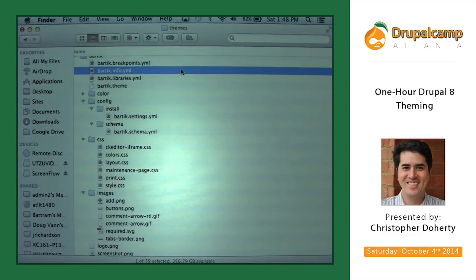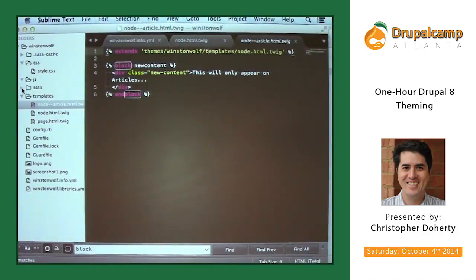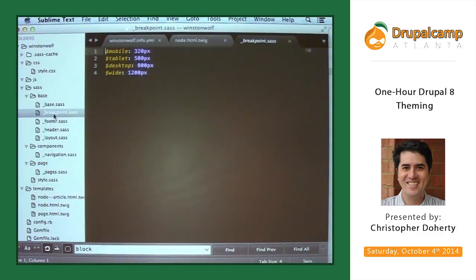Personally, I'm thinking long term maybe to not go the subtheme route, and to follow what I've shown you and create custom themes using my own stuff. Just because, as much as I like Omega, I find myself overwriting a lot of stuff. I can show you my Sass and my breakpoint setup.